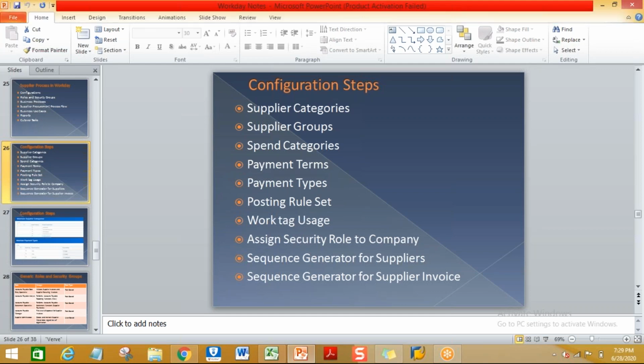So these are the basic configuration steps you have to do to create your supplier master, to do your day-to-day business activities. There are some other additional configurations also you can do based on the business requirements, something related to your logo and all those things. But if you go to any project, these are the basic configuration steps you have to